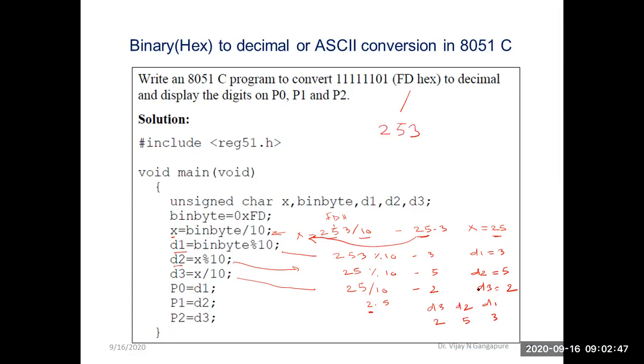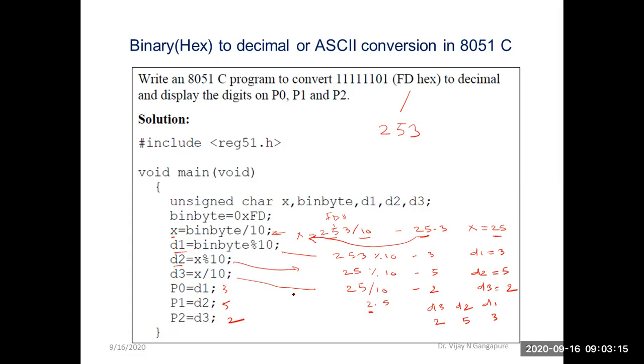That answer we now have in D1, D2, D3. D1 is the least significant digit of that decimal number, D3 is the most significant digit, and this decimal number 253 we have to display on port 0, port 1, port 2. On port 0 I will display D1, that is 3. On port 1 I will display 5, and on port 2 I will display 2.